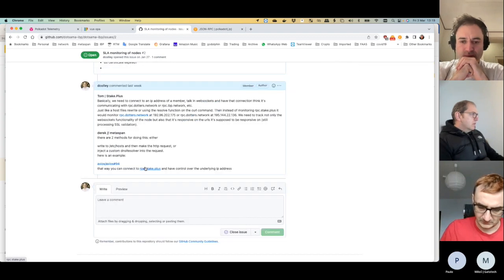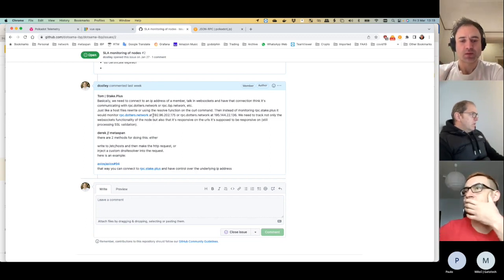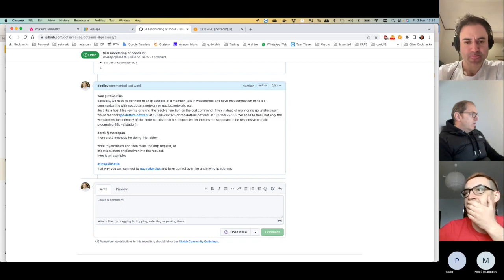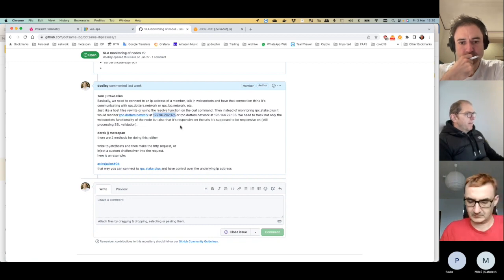And there's this talk about wrapping, about everybody hosting their networks, hosting their services on the RPC endpoints, and then we would just run the same test over and over again, but changing the underlying IP address. I would expect we should all be running our own endpoints